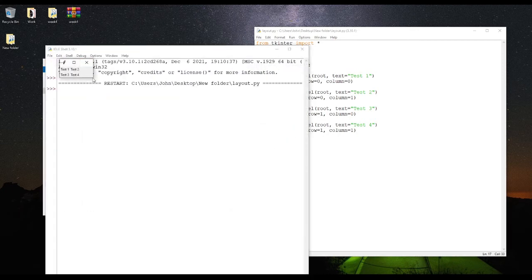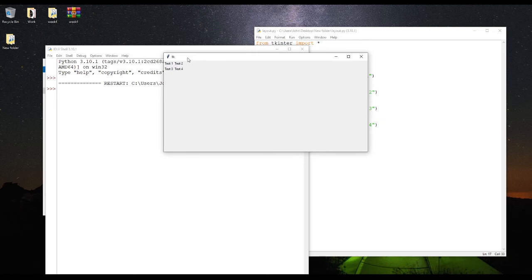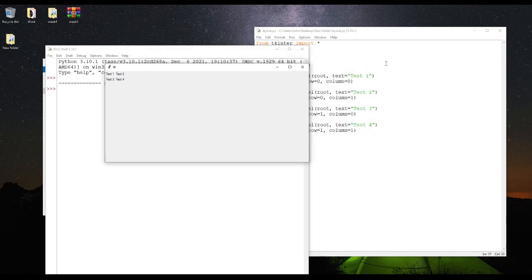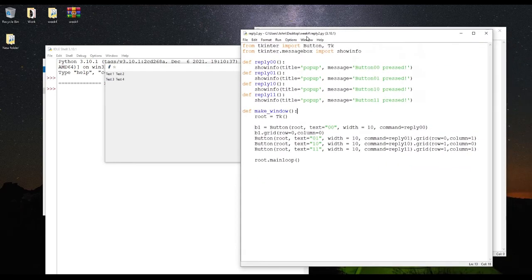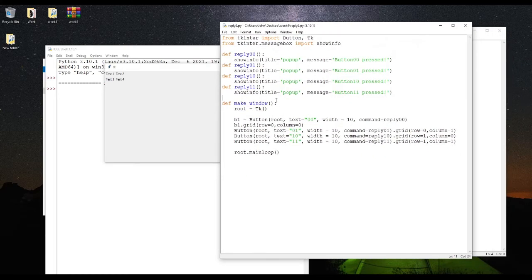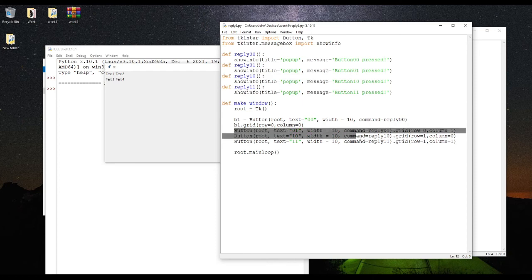Now you'll see here, it looks a bit neater already, that I have in this scenario my test 1 to test 2, test 3 to test 4. This looks a little weird because I didn't provide a frame of a specific length and everything as well. But again, inside of your reply.py file that's provided for you inside of week 4's notes, you'll see here that we create 4 different event handler functions from reply00 to reply11. And in each of these event handlers, we have a few different buttons. So if I actually go ahead and run this code,